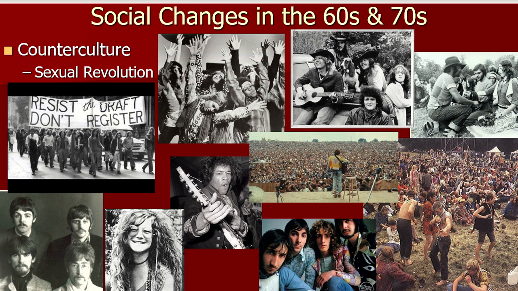So hippie culture, or what's called a counterculture movement, these younger people who challenge the norms of society, corresponded with Vietnam. A lot of people who were hippies were also people who were doves and protested the war and also avoided the draft and didn't want to be drafted in this war they thought was unjust. So all these things kind of corresponded at the same time at home, along with civil rights, women's rights, and other movements too. So that's not a really in-depth look, but that should give you some good contextualization for this assignment.